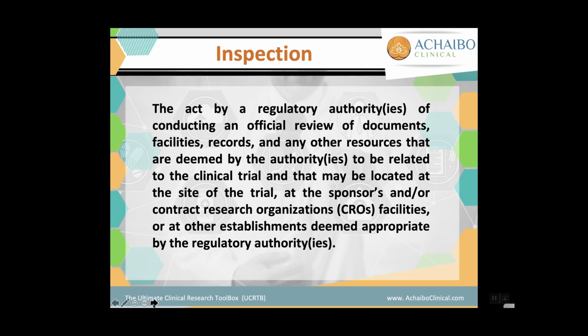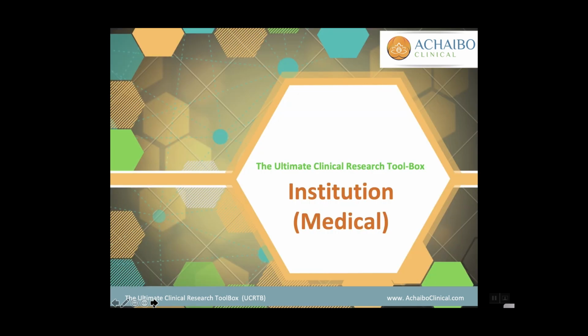Inspections are typically done by the regulatory authority. In the US it is the FDA, and they can inspect clinical research sites. They can inspect the sponsor. So sponsors do have audits or inspections. They can inspect the institutional review board. They can inspect the CRO and vendors involved with the clinical trial. However, it could be based on a finding. Maybe an issue came up, somebody said something, or it could just be something that they do periodically. So this is interwoven into the conduct of clinical trials.